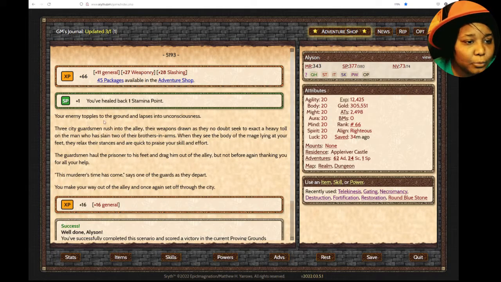Your enemy topples to the ground and lapses into unconsciousness. Three city guards rush into the alley, their weapons drawn, as they no doubt seek to exact a heavy toll on the man who slew two of their brothers in arms. When they see the body of the mage lying at your feet, they relax their senses and are quick to praise